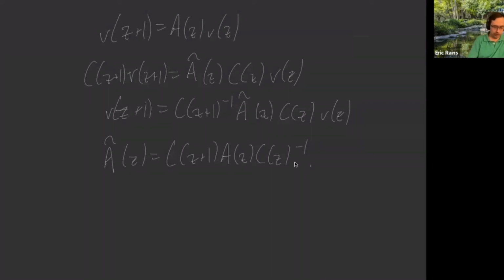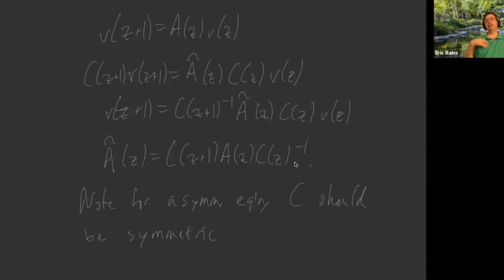The one extra thing we say is that for a symmetric equation, C should be symmetric. That's because for a symmetric equation, what we mean by a solution is a symmetric solution. After all, that's what we meant by singular, was that we didn't have one. And so the fundamental matrix actually is symmetric. And so when we change from one fundamental matrix to a different fundamental matrix, we're multiplying by a symmetric function. Now, this is actually